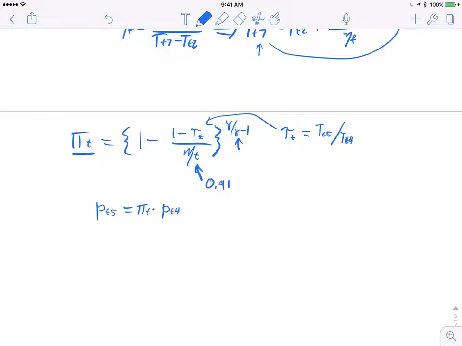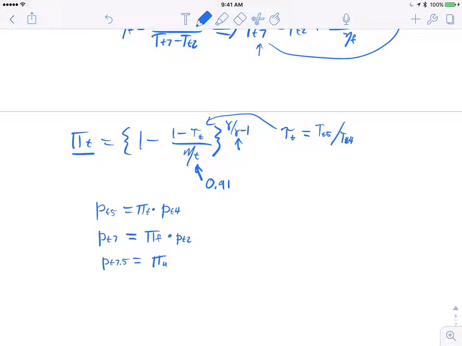At the same time, we can calculate the fan discharge pressure, PT7, based on the value of fan pressure ratio, pi f, that we guessed at the beginning, times the fan inlet total pressure, PT2. And then we can propagate that down through the bypass duct and find out the total pressure at the exit of the bypass duct, PT7.5, is going to be equal to our